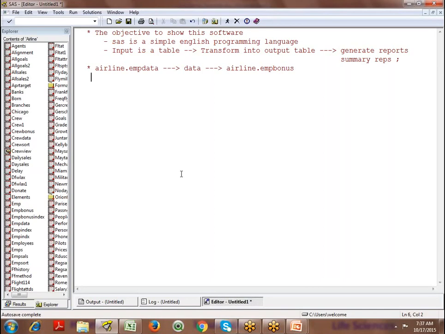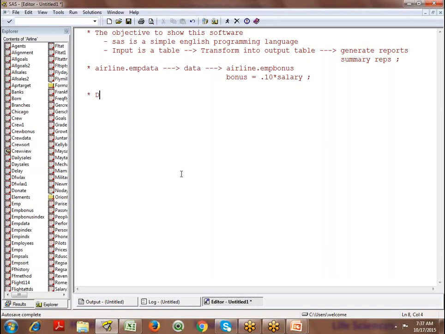Now what is transformation? Converting input tables into output tables is called transformation. I would like to create a new column called bonus on the output table. Tables are called data sets. Bonus is equal to 0.10 into salary. This is the output requirement that I want.